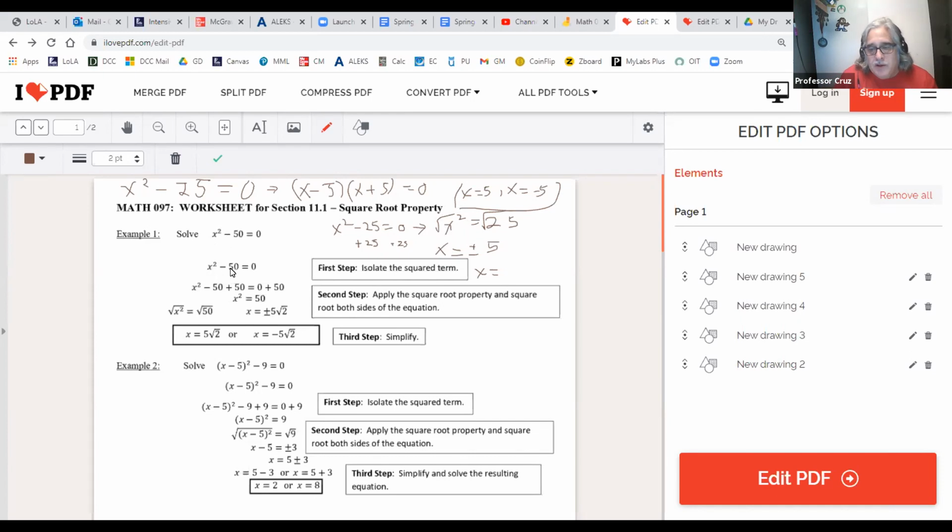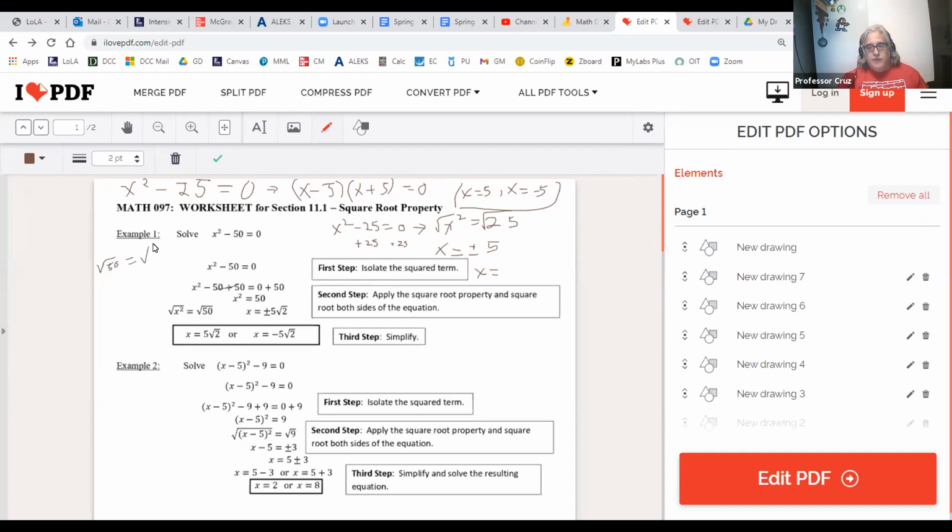But anyway, we got x squared minus 50 is equal to 0. So in this case, we're no longer using the factoring, so we don't have to worry about having a side set equal to 0. We're using the square root property. So we're going to add the 50 to get it over here as positive 50. We take the square root of the x squared, which is x. We take the square root of 50, which is going to be, and what's the reason, square root of 50,